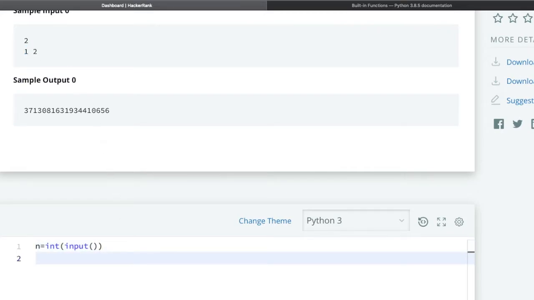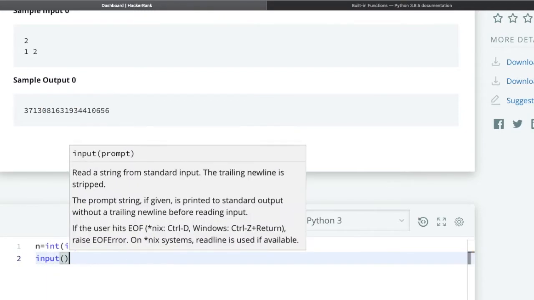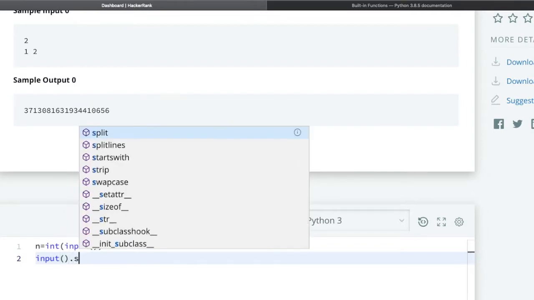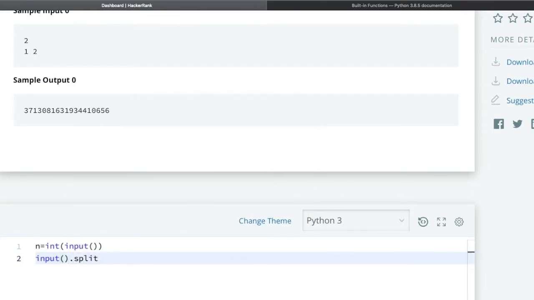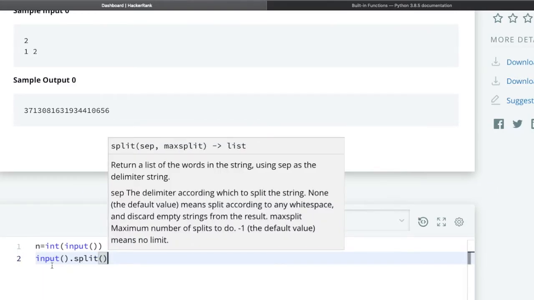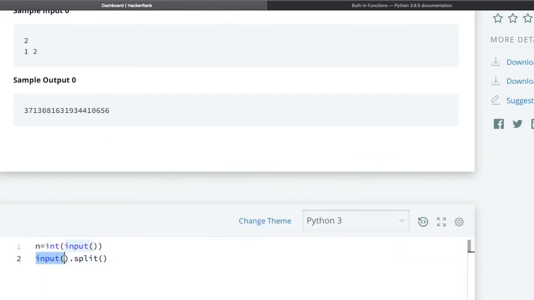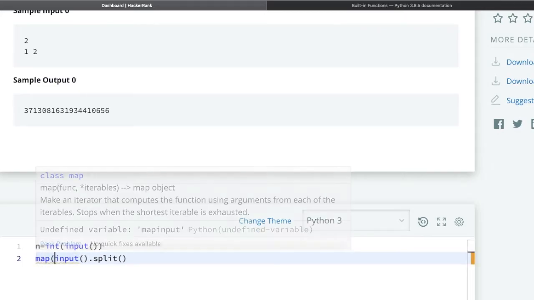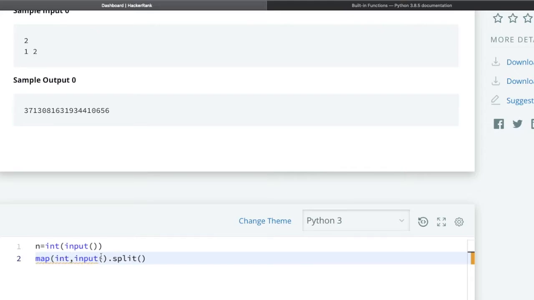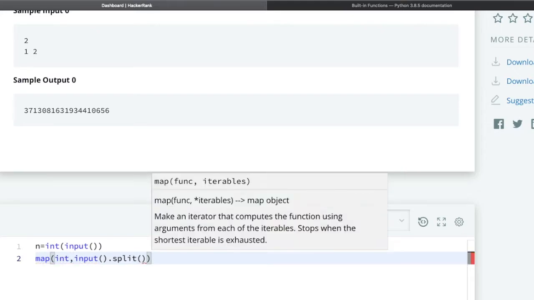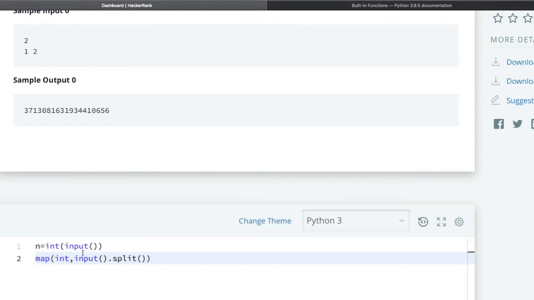So let us first read the values. So input, we have read the value. Now we will simply split. Now we have splitted the values. We got the values in a string type, we splitted the value. Now the splitted values are also in a string type. So what we will do, we will simply map to integer type. So let us use map function to map into integer type. So now we have mapped all the splitted values into integer type. Now we have mapped this input into integer type.